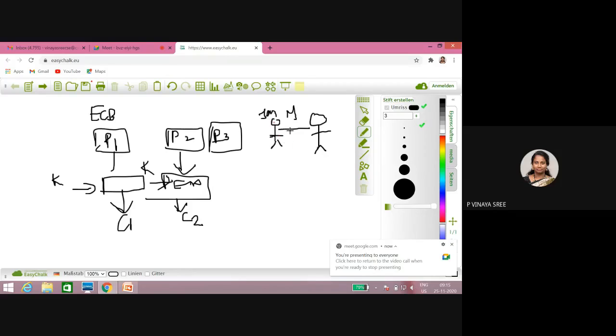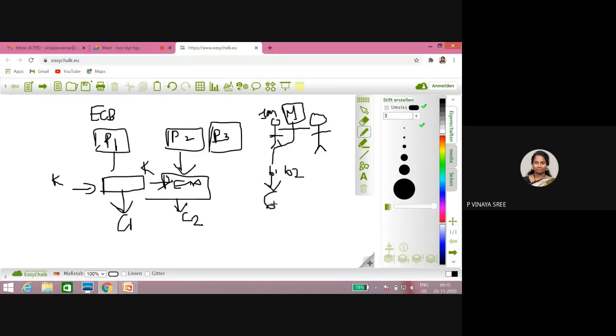Whenever the sender wants to send a message to the receiver, the entire message will not be sent at a time. The message will be divided into block sizes B1, B2, B3, and the block size depends upon the algorithm that we are using. Let us suppose we are using DES, which is 64-bit. So the initial plain text will be 64 bits, and continuation will be there.